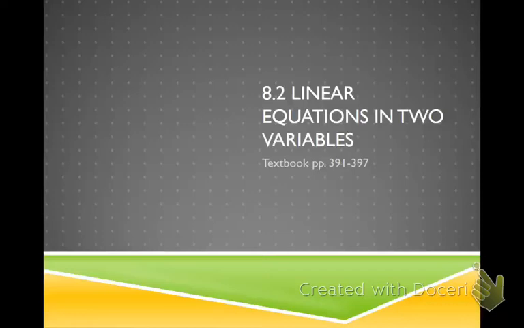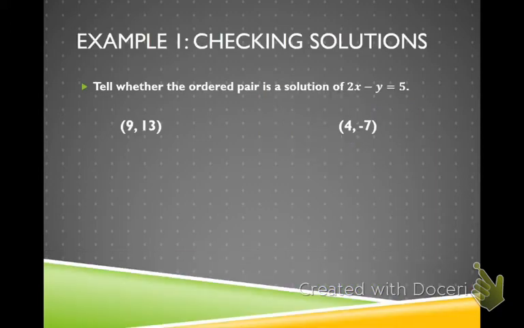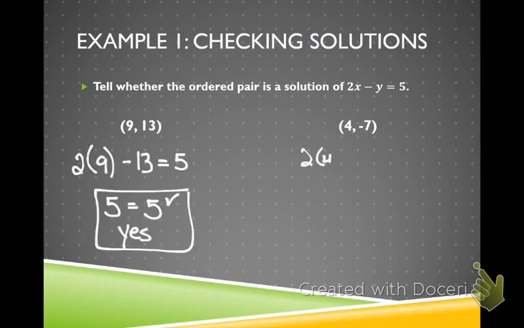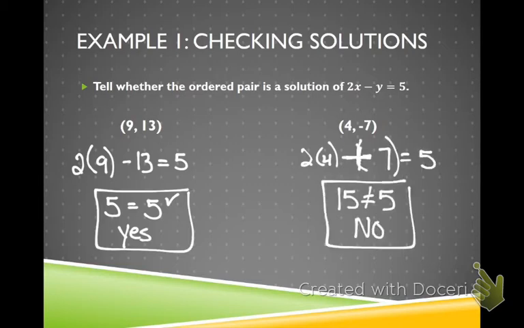Okay, so today we are in part 2 of section 8.2. All right, in part 1, just as a quick recap, we checked solutions. Everybody remember how to check solutions? Okay, so we have an ordered pair. The first number is X, the second number is Y. You substitute it into the equation. Once you simplify, if both sides are equal, then yes, it's a solution. If they don't, then it's not a solution. We went over this in part 1, so if you need a more detailed breakdown, you can rewatch part 1